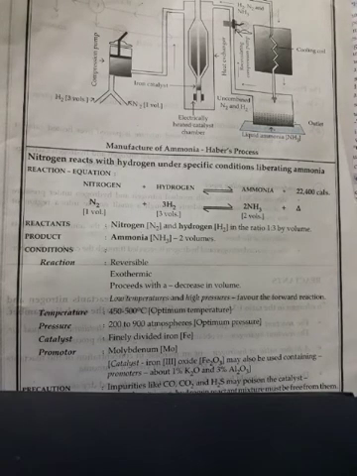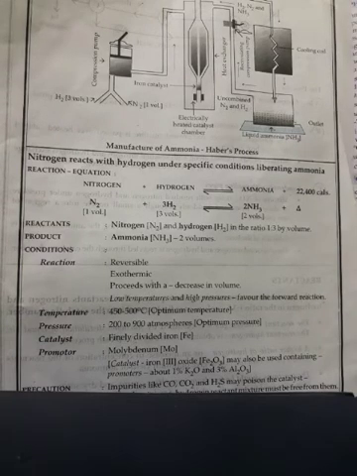So the reaction is reversible. Nitrogen and hydrogen combine together to form ammonia and ammonia will decompose to give nitrogen and hydrogen. A reversible reaction attains equilibrium when the rate of the forward reaction and backward reaction are the same and the concentration of all reactants and products remain constant, that is, they do not change with time. So for obtaining the maximum yield of ammonia, conditions that are favorable to the forward reaction are chosen.